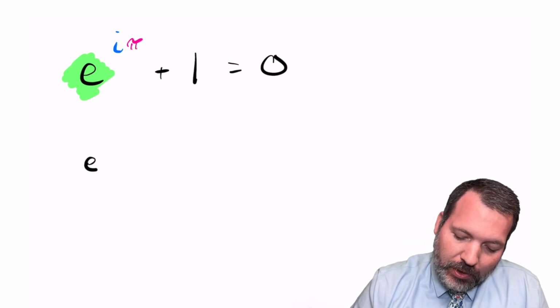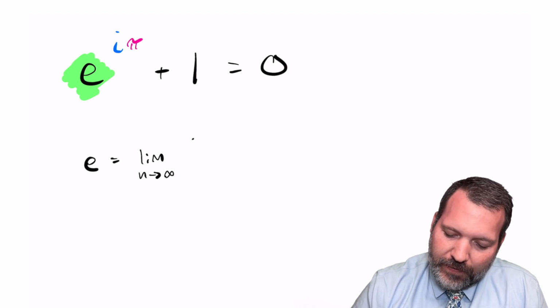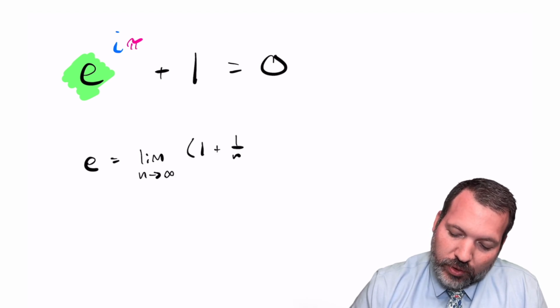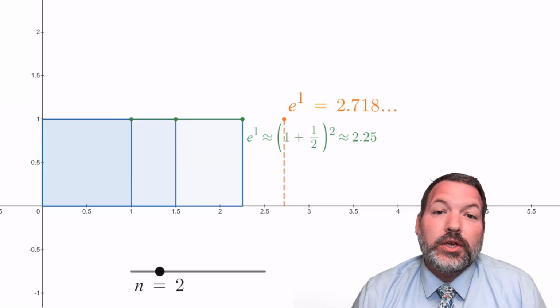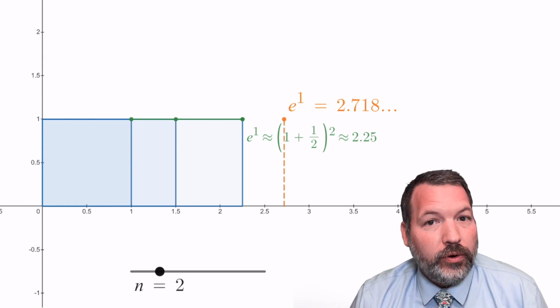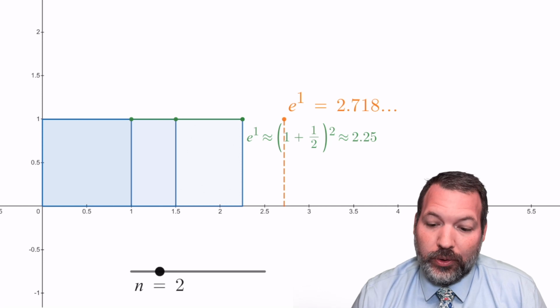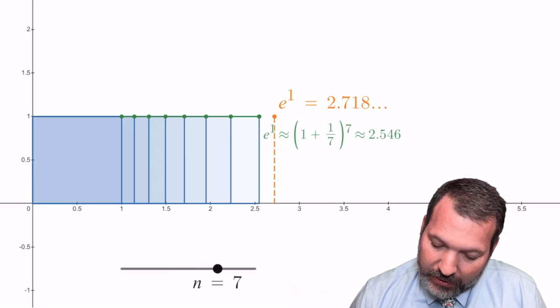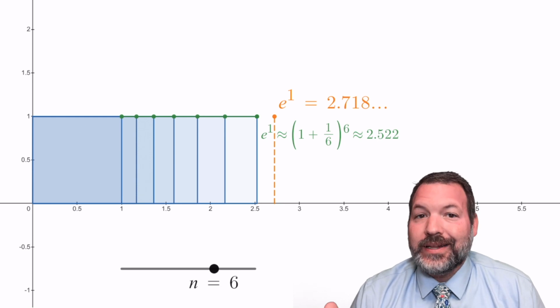But the method that I'm going to look at here is to define e as the limit as some number approaches infinity of 1 plus the reciprocal of that number raised to that number's power. So for example, if n equals 2, what we're saying we want is 1 plus 1/2, and then that sum raised to the second power. If we want to let n equal something like 6 instead, we would have 1 plus 1/6,